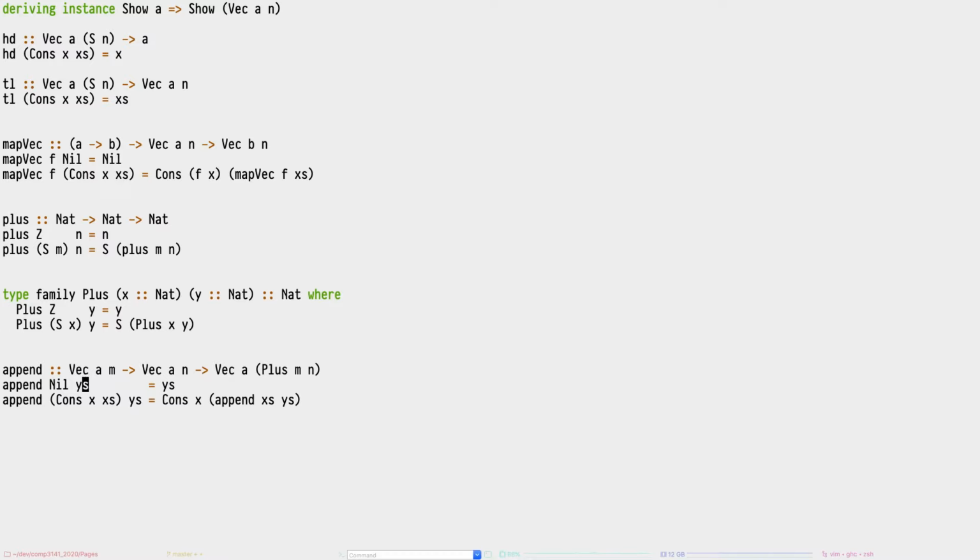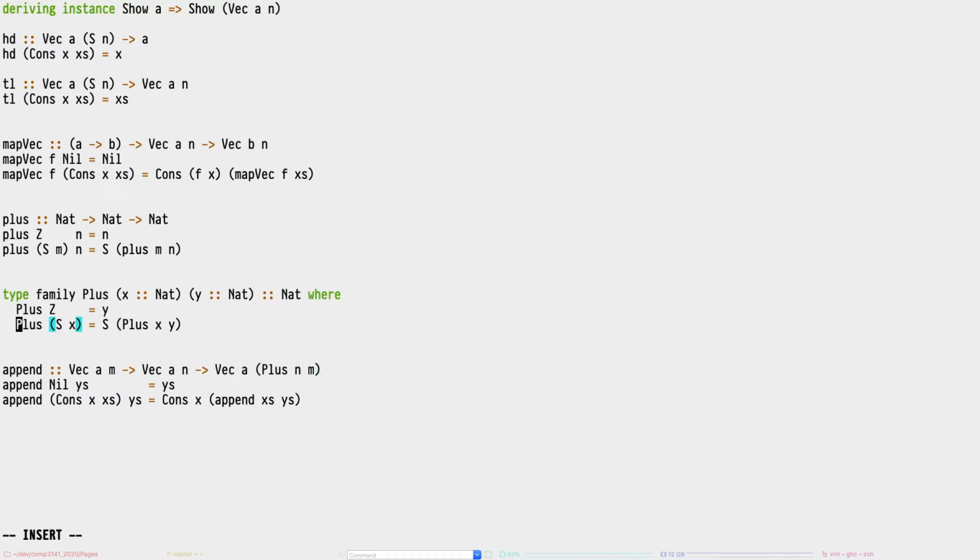And here, when it's nil, it returns the thing on the right-hand side, similar to the 0 case. And when it's cons, similar to the successor case, it returns the cons of the combination of the x and y, right? It's the same structure. And because these structures line up, that's why Haskell can tell that this is in fact returning the length plus mn. If I did it this way, I would have to flip around the definition of plus,